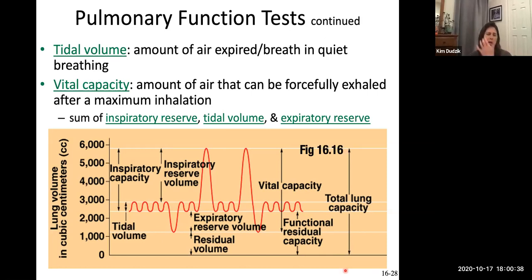Okay. Those of you who are in lab, we're going to do an experiment like this, and I'll be testing my different lung volumes. Okay, I have a pretty good lung volume. I used to be a swimmer, so you develop some good compliance and good elasticity when you use your lungs like that.